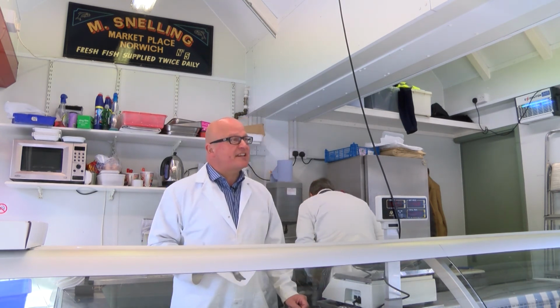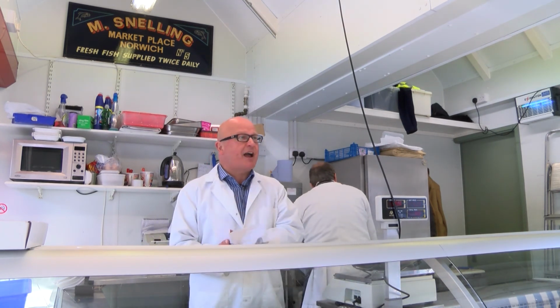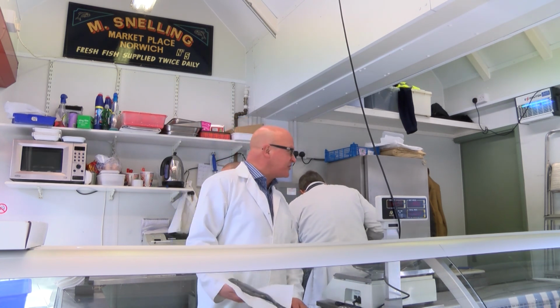Right then, who wants some of this lovely sea bream? £3.50 for the bream. Come on in, knocking it out. Kippers, herrings, we've got the cod roe,